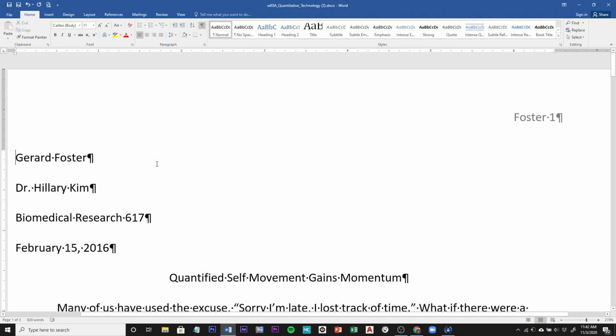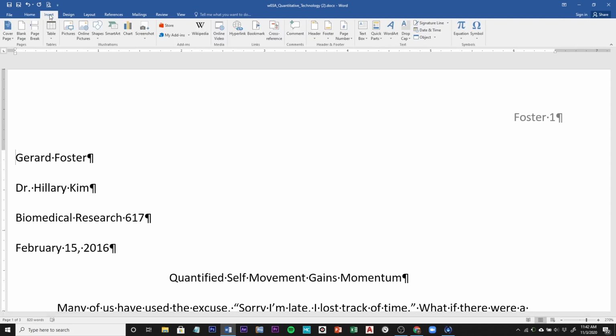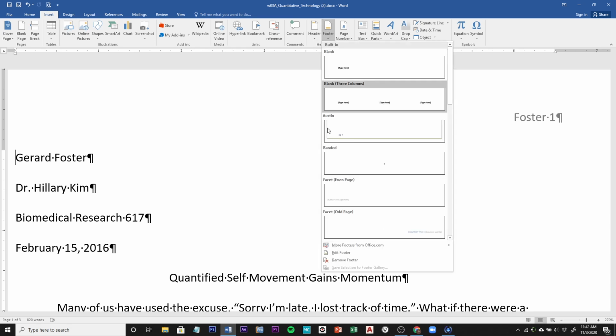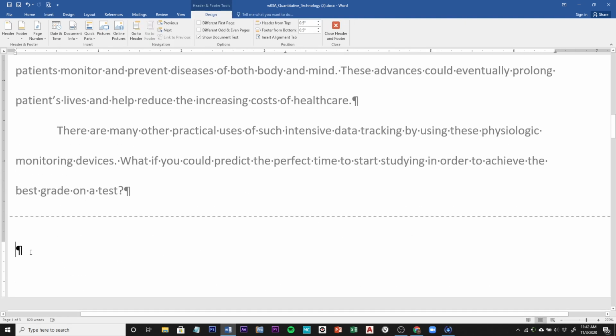And we're going to get into the footer. There's a way to get there by going to Insert, go to the footer, and then go to Edit Footer. Or if you'd like to, you can scroll down to the bottom of any page and double click into the footer. We're going to edit the footer, and we're going to include,